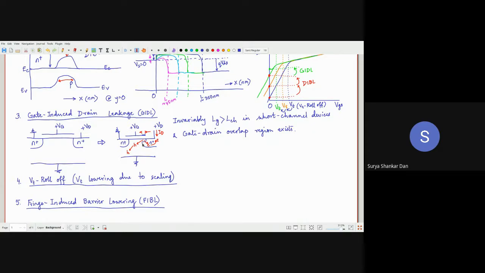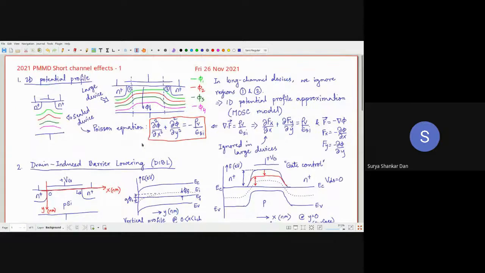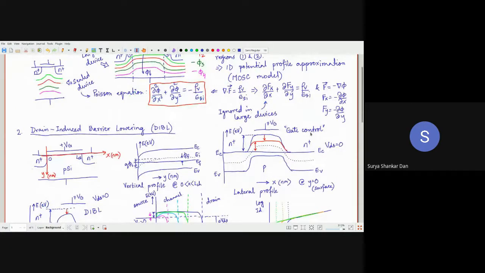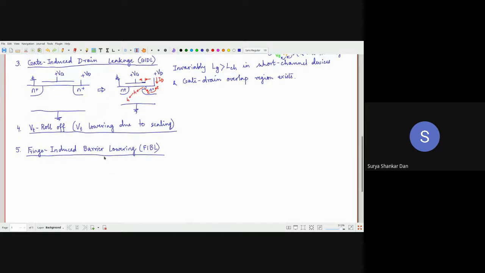So the only way you can improve it further is if you can increase the gate control. This gate control has to be increased. So how can you increase the gate control? Only by increasing the surface area of the channel region. Here the surface area was only under the gate terminal, right? So here we can essentially increase into 3D. So how does this 3D come into the picture? Let me draw a typical 3D structure.